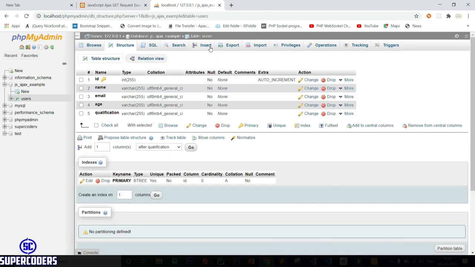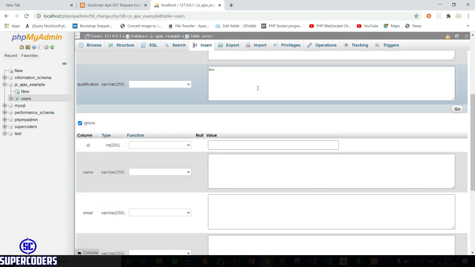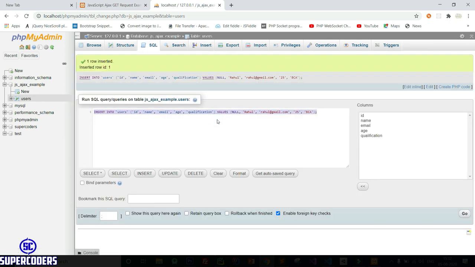Now let's add some data. First Rahul, @gmail.com, 25, BCA. Copy it.